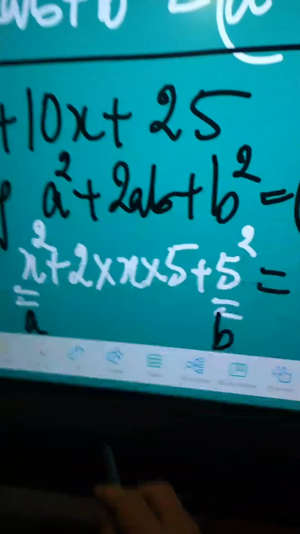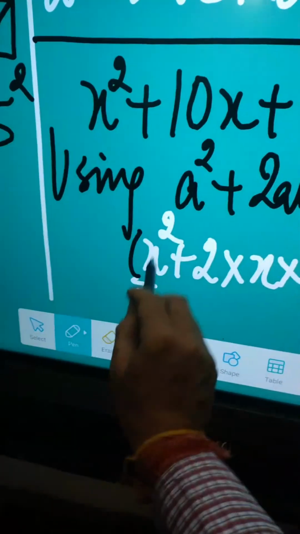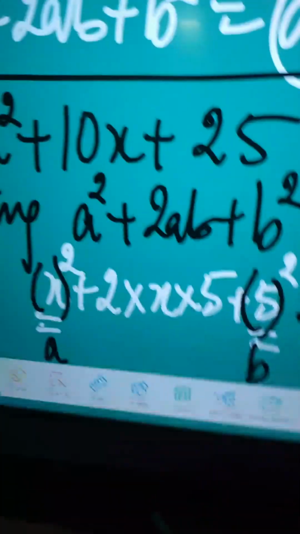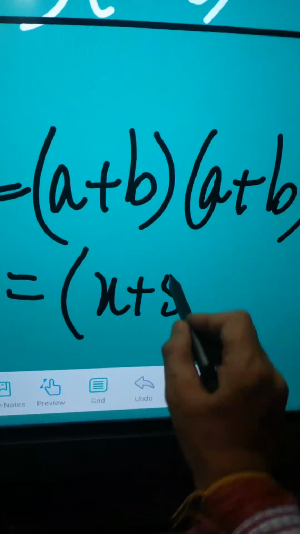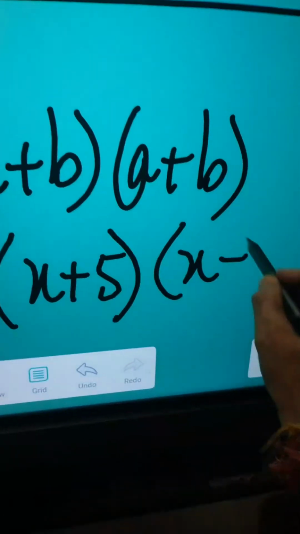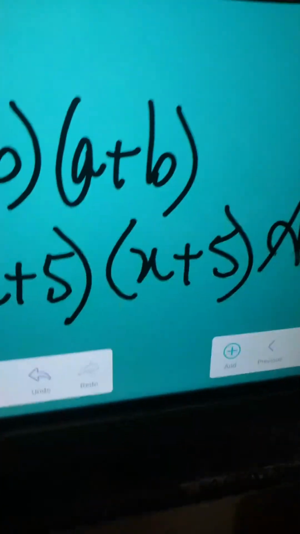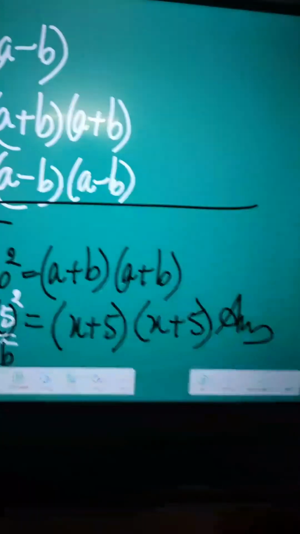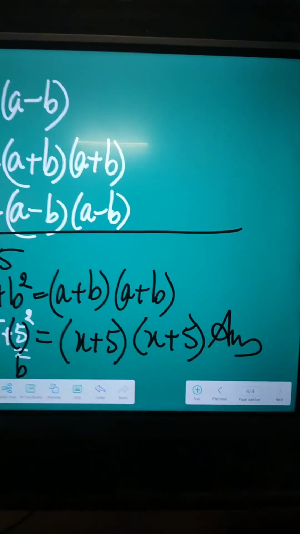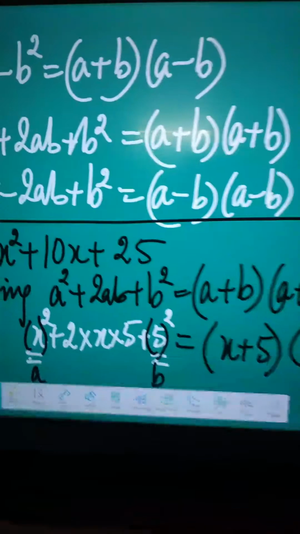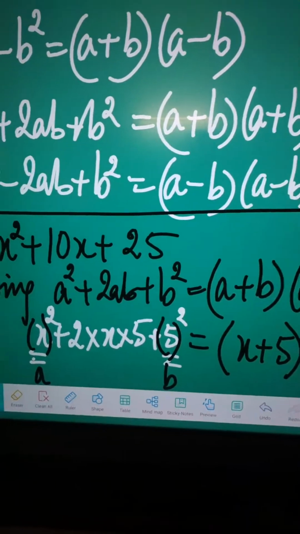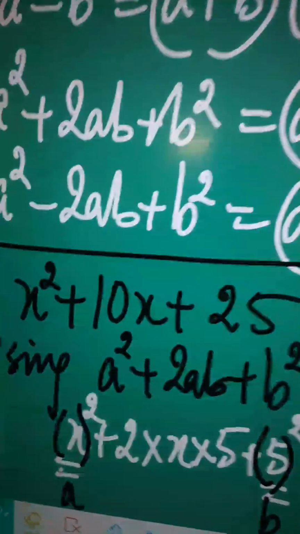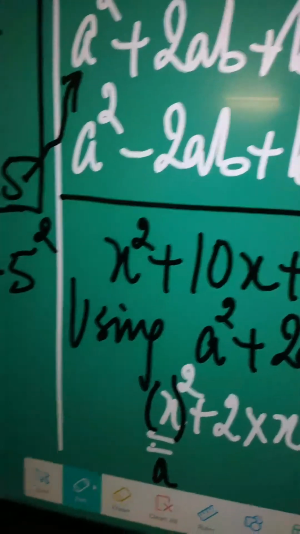So what will be a and b? A is x, b is 5. So my answer simply becomes x plus 5 and x plus 5. My answer is this: x plus 5 into x plus 5. I have applied the formula here. Watch this step again. You will understand how to use this formula. Now suppose